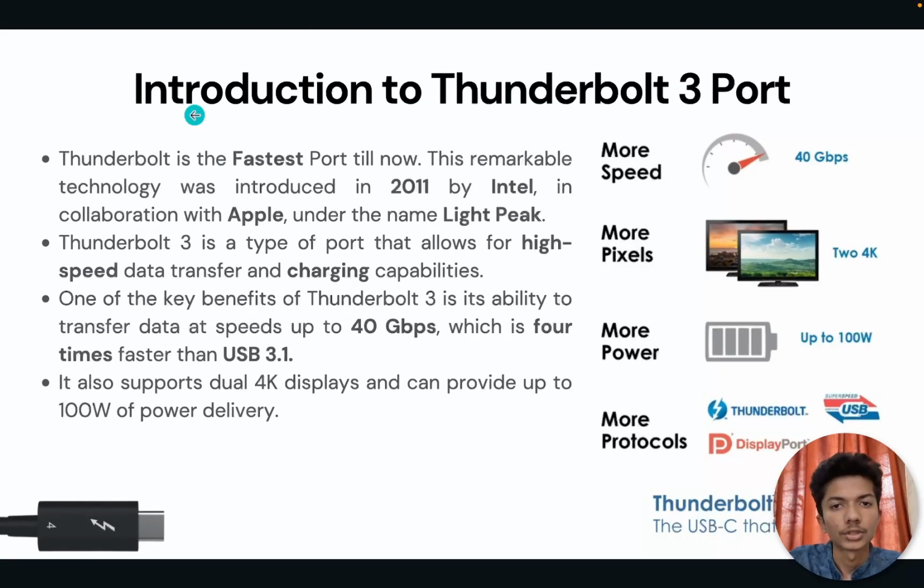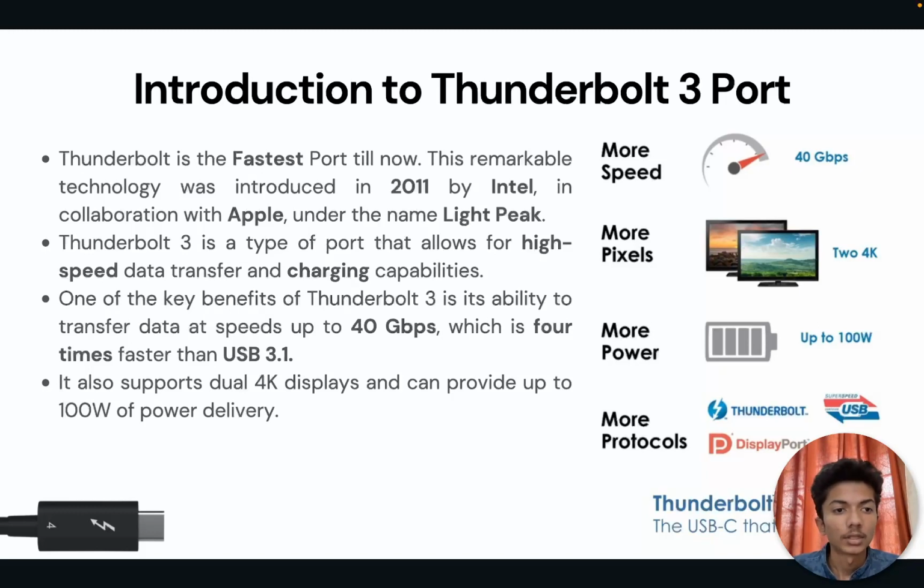Moving forward to the introduction, Thunderbolt is the fastest port till now. This remarkable technology was introduced in 2011 by Intel in collaboration with Apple under the name Light Peak. Thunderbolt 3 is a type of port that allows for high speed data transfer and